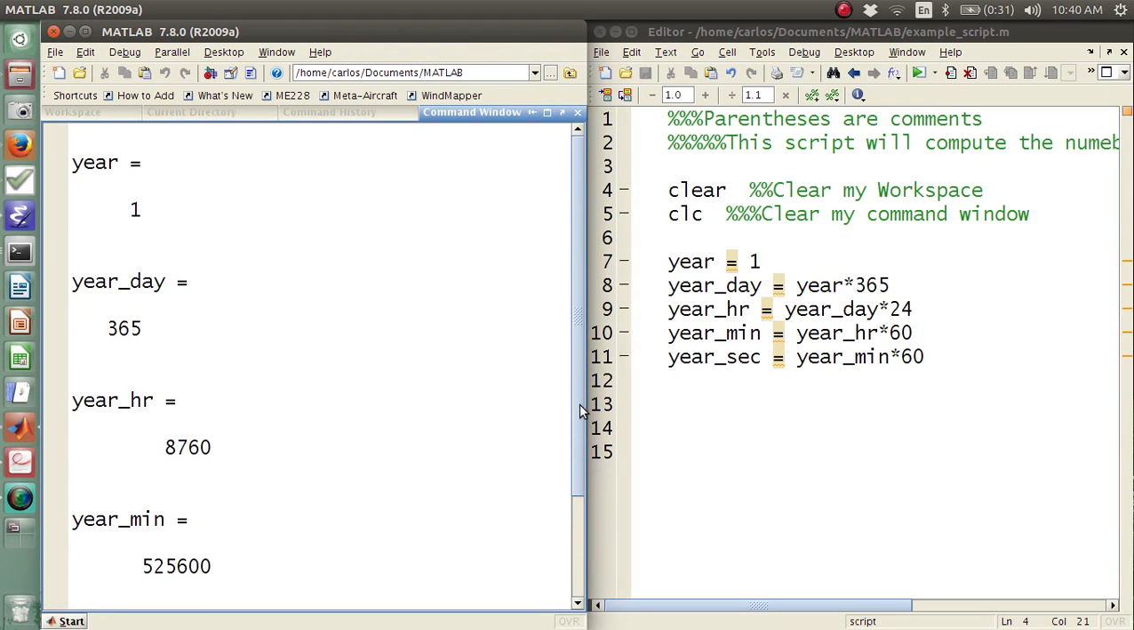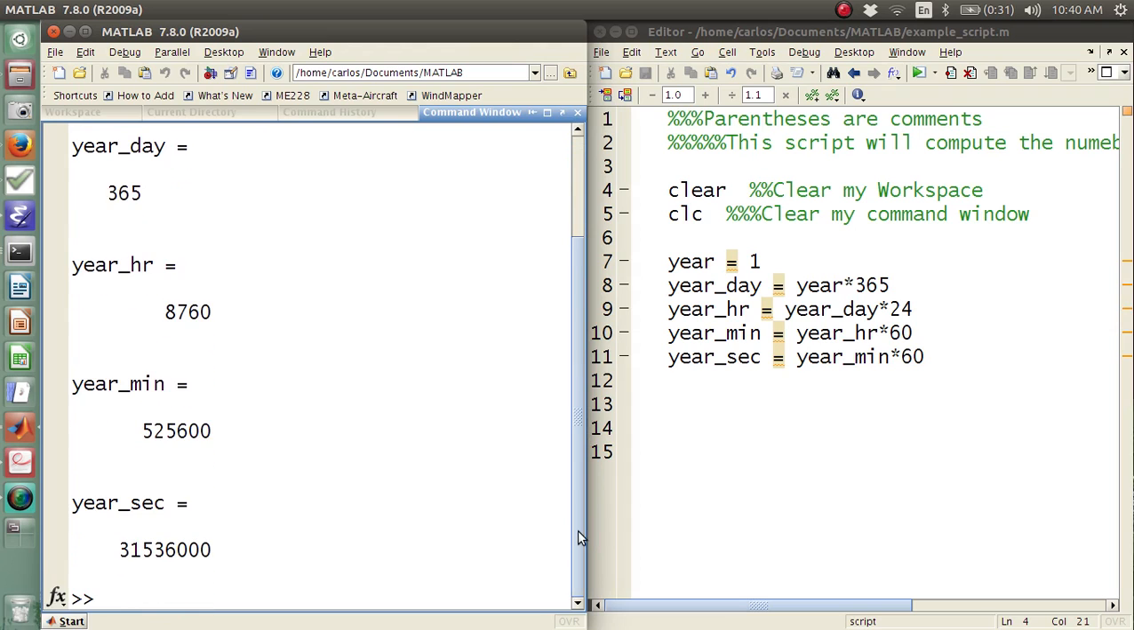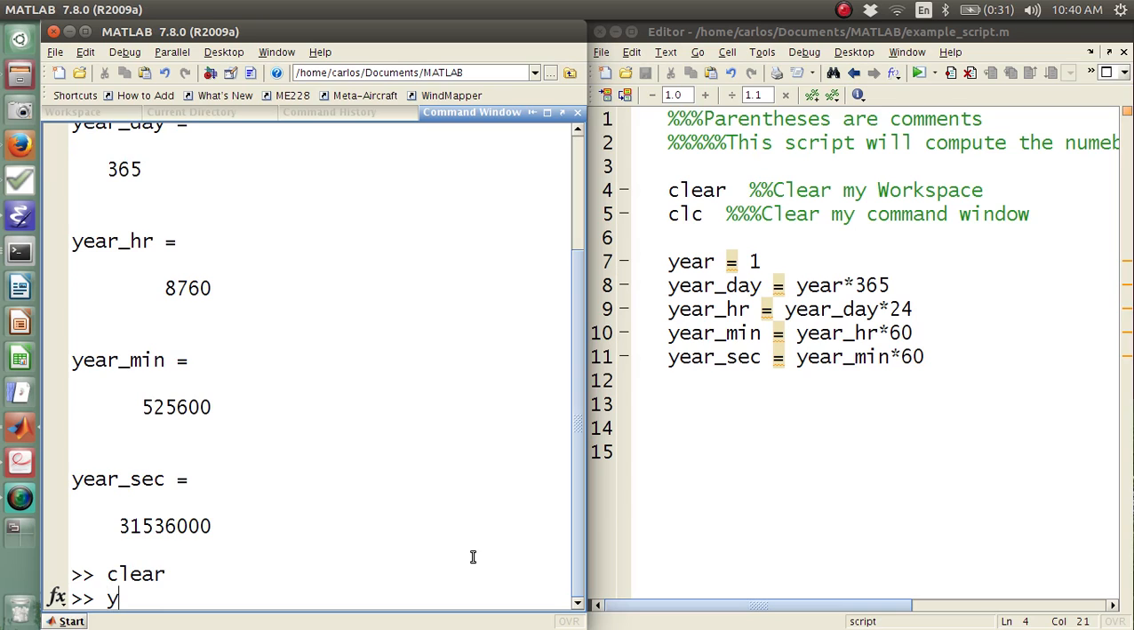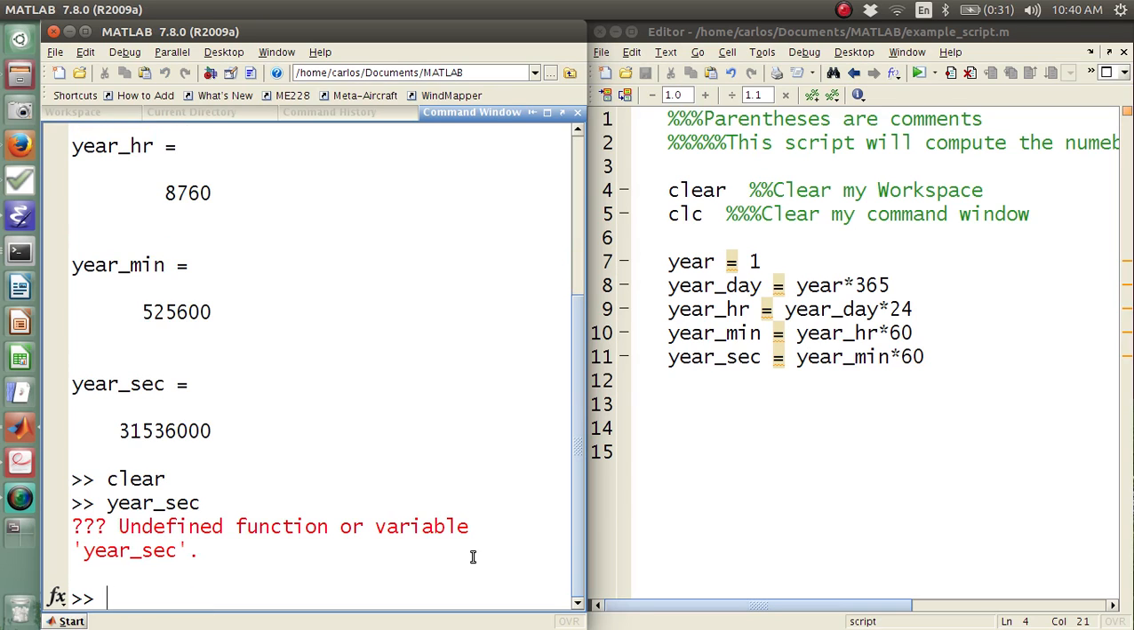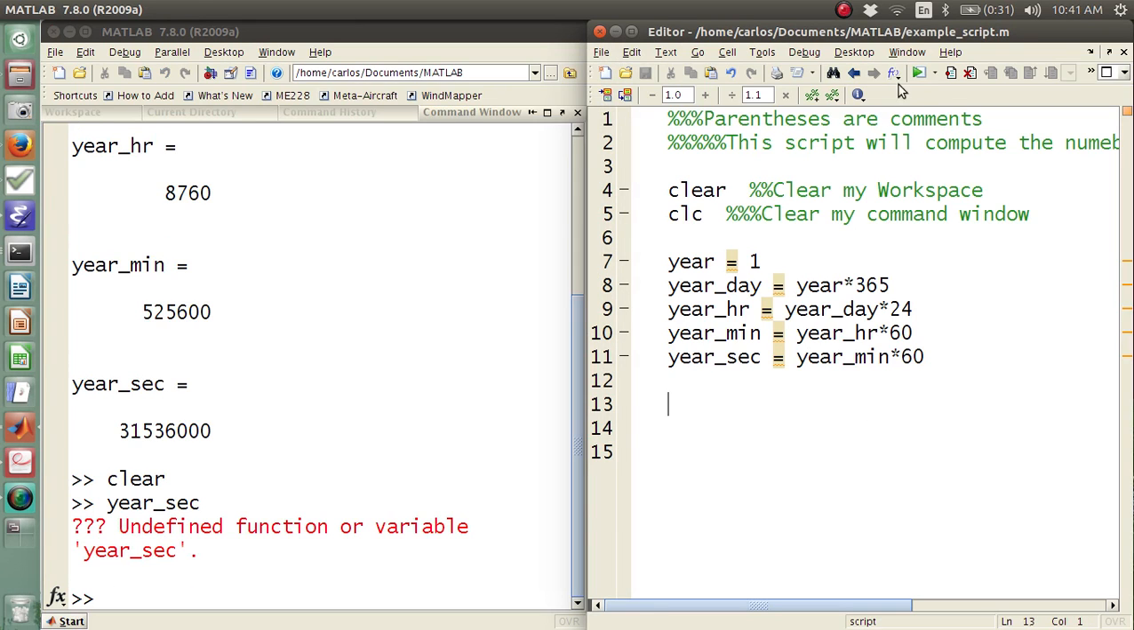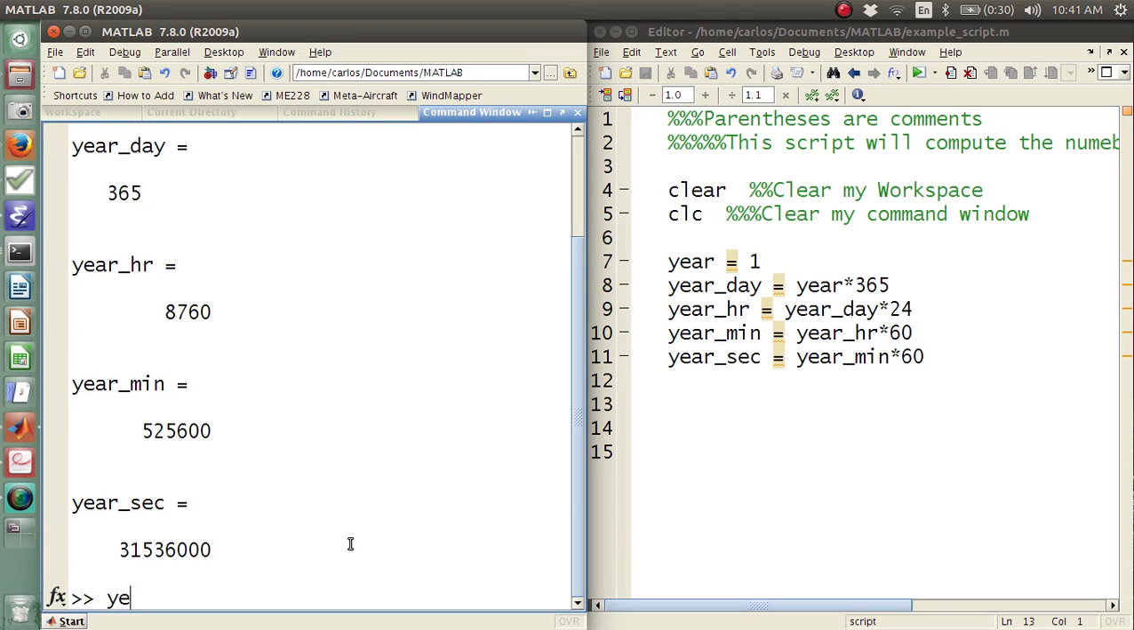And now notice that everything is there. There is the year, number of days in a year, number of hours, number of minutes, number of seconds. Then I could type in clear, and oh no, year second's not there. But again, I can go back to the script, hit play, and now when I type in year second,